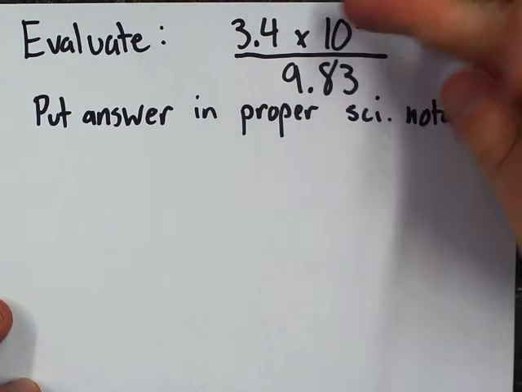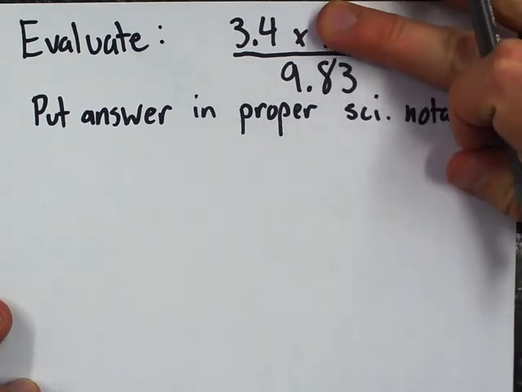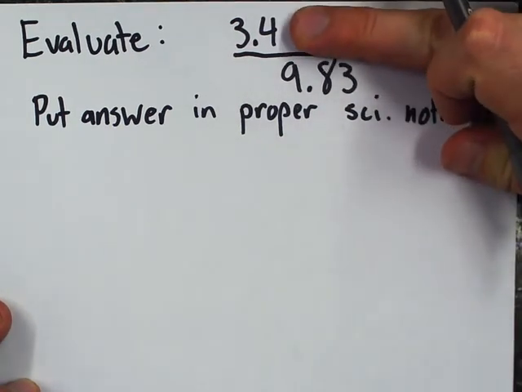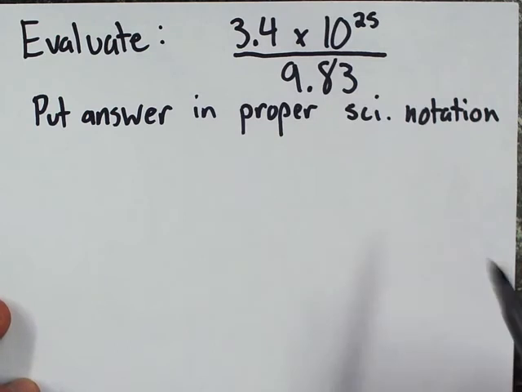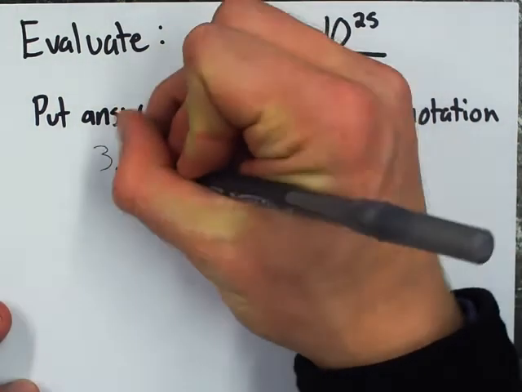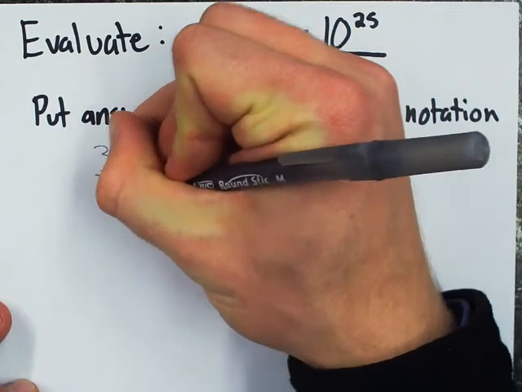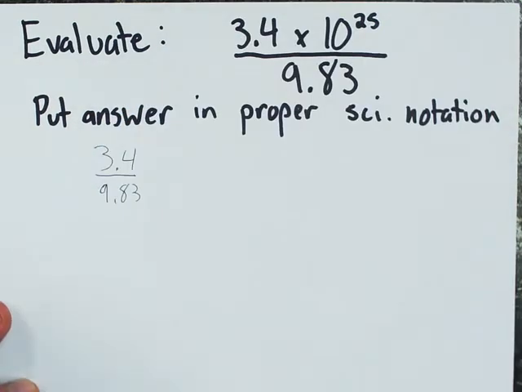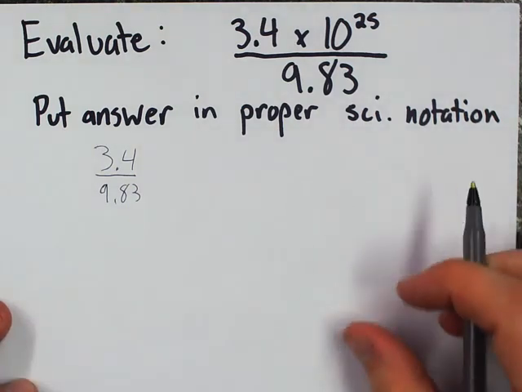We just want to ignore this and treat it like 3.4 divided by 9.83. That's our first step: 3.4 divided by 9.83. If we go in our calculators, 3.4 divided by 9.83, we find out we're going to get